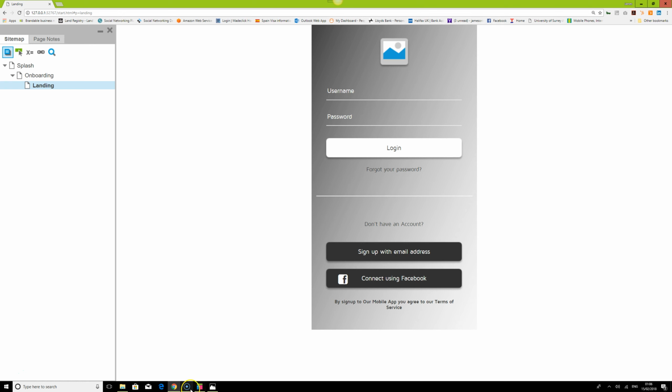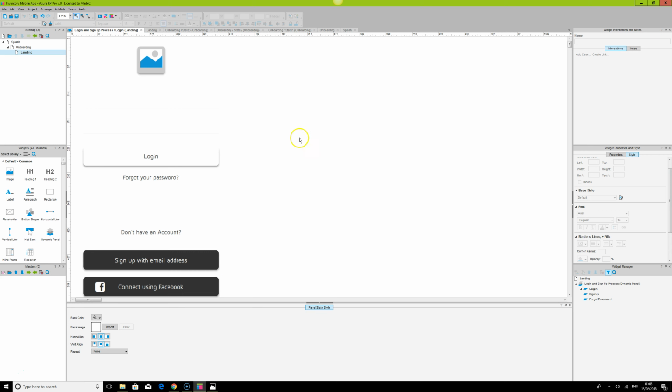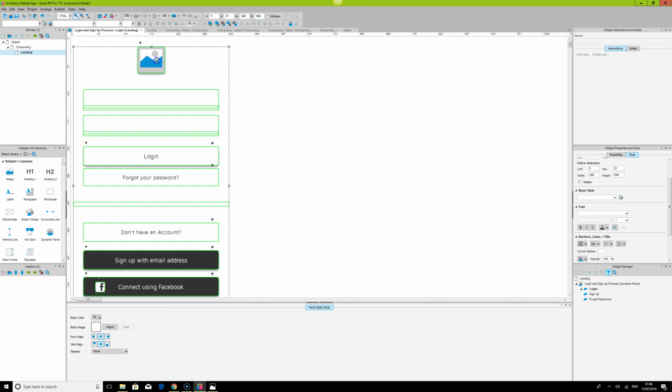So next we need to go back here and go into the second state. Because we've already added some things, I'll just highlight everything, grab it, and paste it in